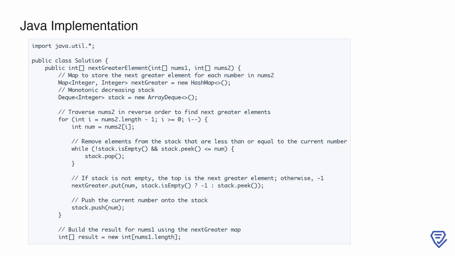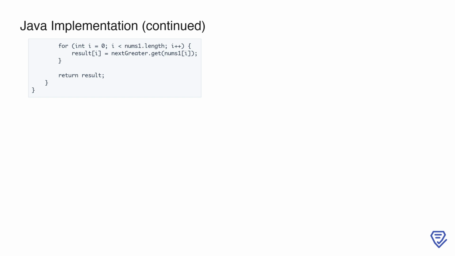This process ensures that we efficiently compute the next greater element for all numbers in nums2. Now that we have the next greater map ready, we can construct the result for the nums1 array. We iterate through each element in nums1 and use the map to find the pre-computed next greater element. The value is directly retrieved in constant time using the map, and we store it in the corresponding index of